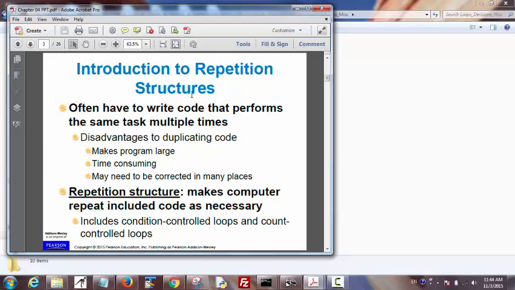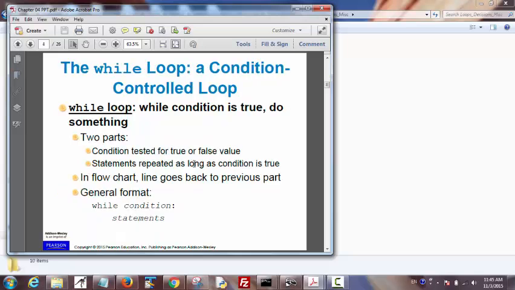So essentially, you already know that repetition allows us to repeat the same code. And of course, computers are great at repeating things. You can have a computer crunch through a bunch of numbers a billion times, and they can do it really fast also. So the idea here is to be able to repeat a loop. The reason you want to repeat a loop depends on what you're trying to do. If you want to ask the user for a series of input values, you definitely need a